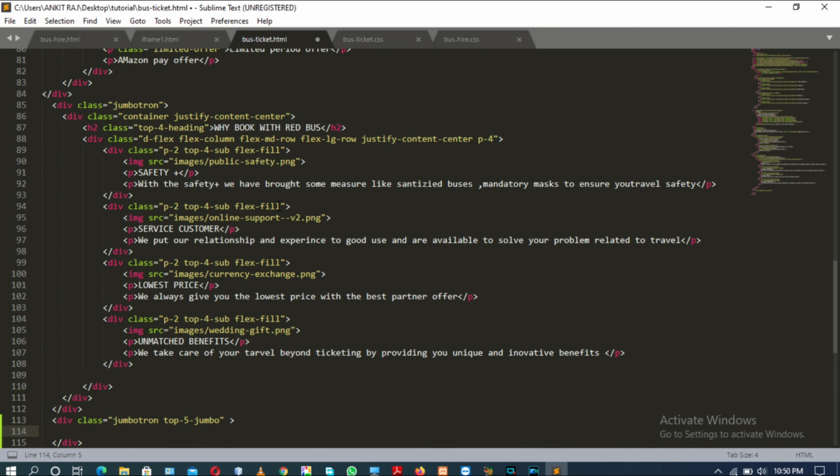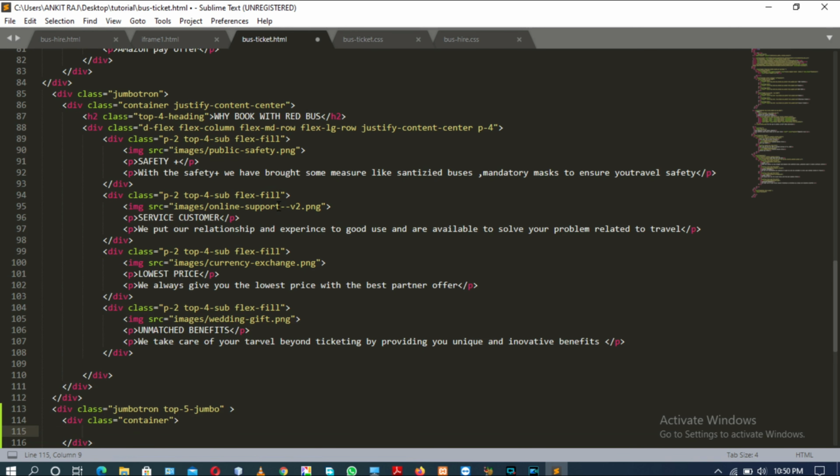Inside that div tag there will be another div tag with the attribute class having the value container, as a class of Bootstrap, and inside that div tag there will be an h2 tag with the attribute class having the value top 5 heading. The content of that h2 tag will be online bus ticket booking versus offline bus ticket booking.